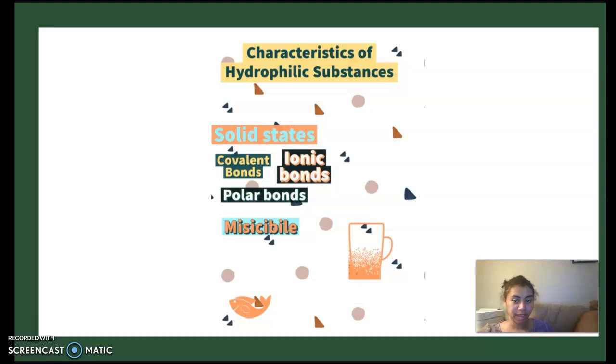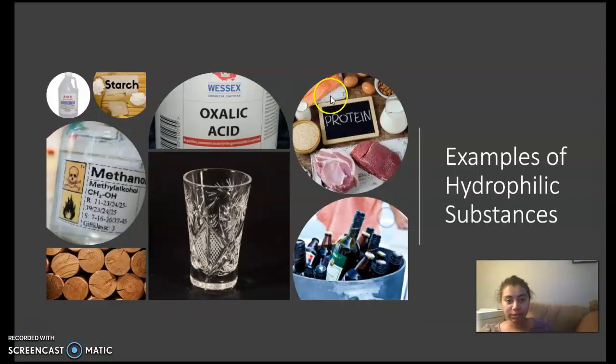Or the polar bonds, it has to have hydrogen bonds, ionic bonds, and covalent bonds. Also, a hydrophilic substance can be a liquid, gas, or a solid. Right here I have a cup of a fluid being dissolved, whatever fluid's in there. So examples of hydrophilic substances are